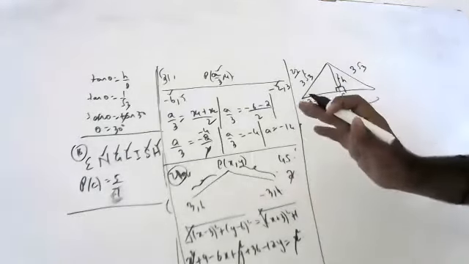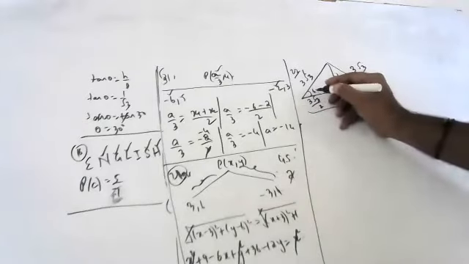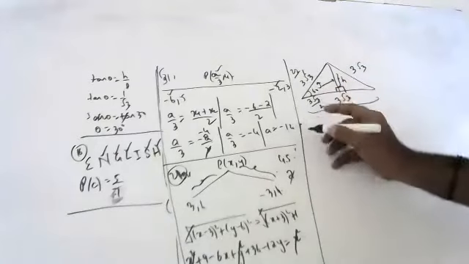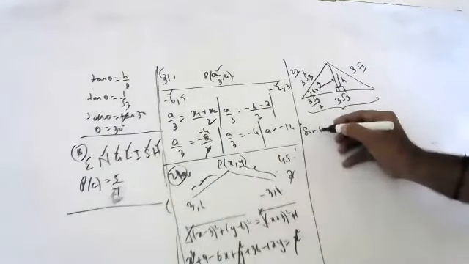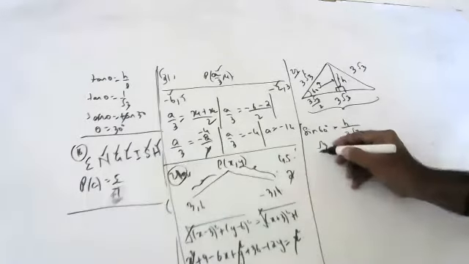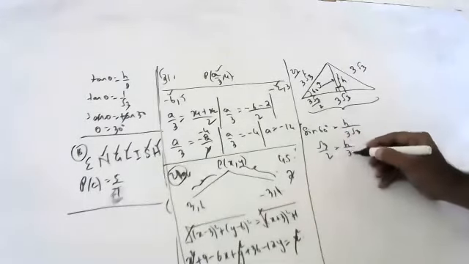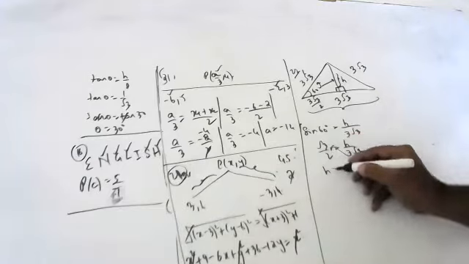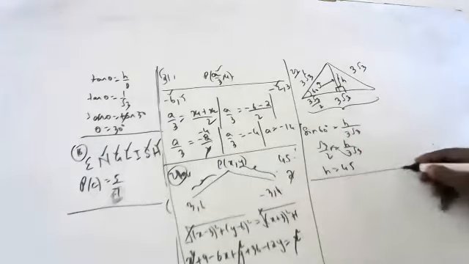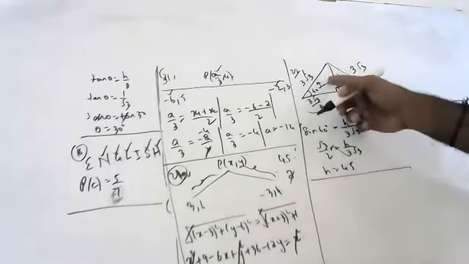If you want to do it directly with trigonometry, this angle is 60. You have the hypotenuse and you have to find the opposite. Who will give opposite by hypotenuse, children? Sin 60 is equal to h by 3 root 3. Root 3 by 2 is equal to h by 3 root 3. This goes here. h is equal to 3 root 3 times root 3, that is 9 by 2, which is 4.5. This is one method. Or you can apply Pythagoras theorem, children.